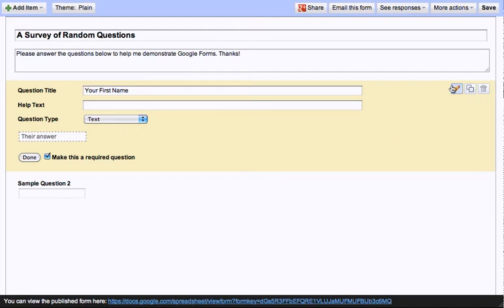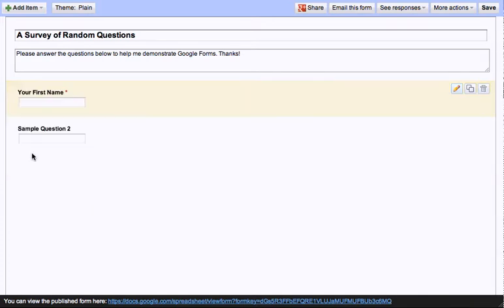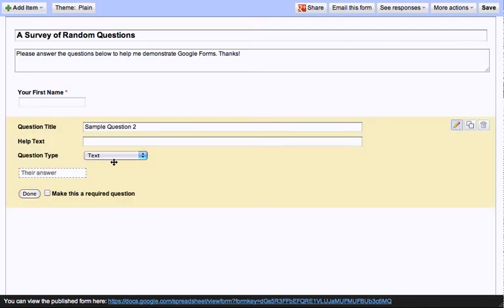Okay. And the buttons here, this is the edit button if you want to edit the question again. This is the duplicate button, which I often use because I'm often asking a question that might be different but will still have the same format, and a delete for deleting the question. Okay. The next type of question that I'm going to ask here